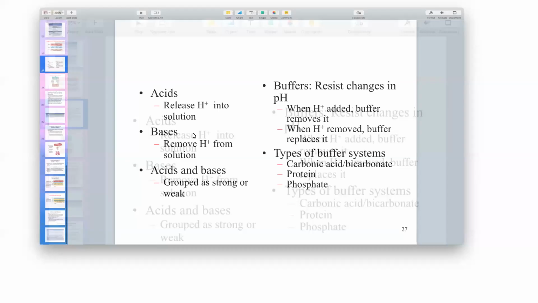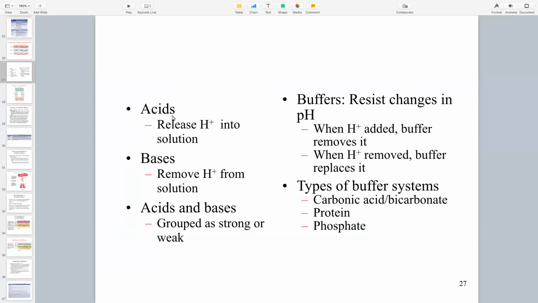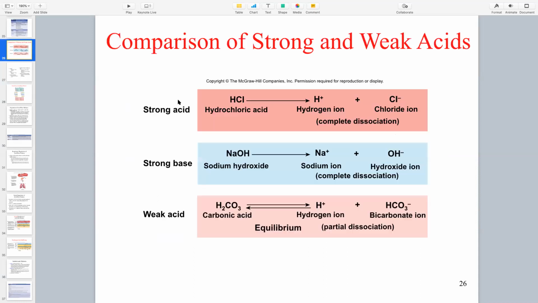Acids and bases. At its basic, an acid is anything that can release a hydrogen. So like carbonic acid is H2CO3, right? Well, that has two hydrogen groups. One of them, it can deprotonate and release. So when we take a look at an acid,